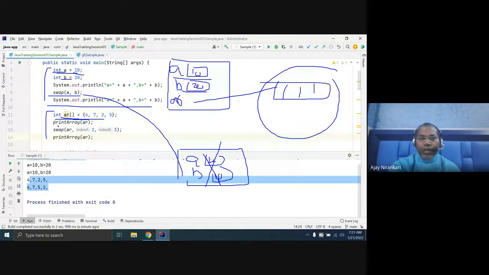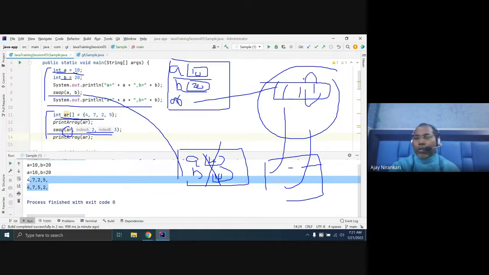But in the case of the array swap function, another stack is created, and you are referring to the array positions, this one, index 2 and index 3. You are just swapping the values from here to here and here to here. And whenever your swap function is done, this stack memory is destroyed.